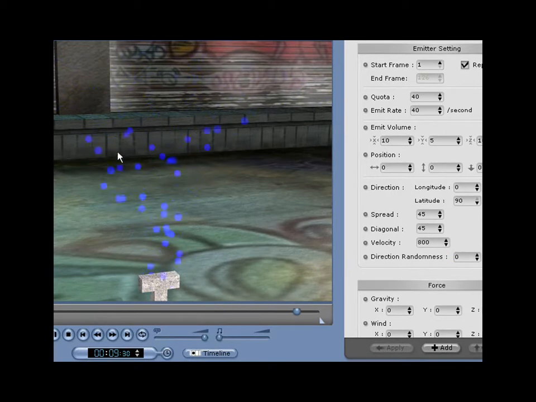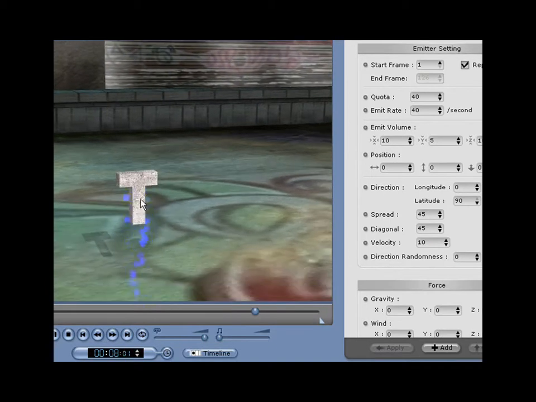Okay, so let's look at the last part, velocity. Right, velocity is currently at 800. Let's change it to 10 and watch what happens. Okay, now our particle has this drippity drip drip drip effect. Now watch what happens when we change the velocity to 400. Now it's being shot out, but the gravity is still so much that it pulls the particle right back down. So you get the